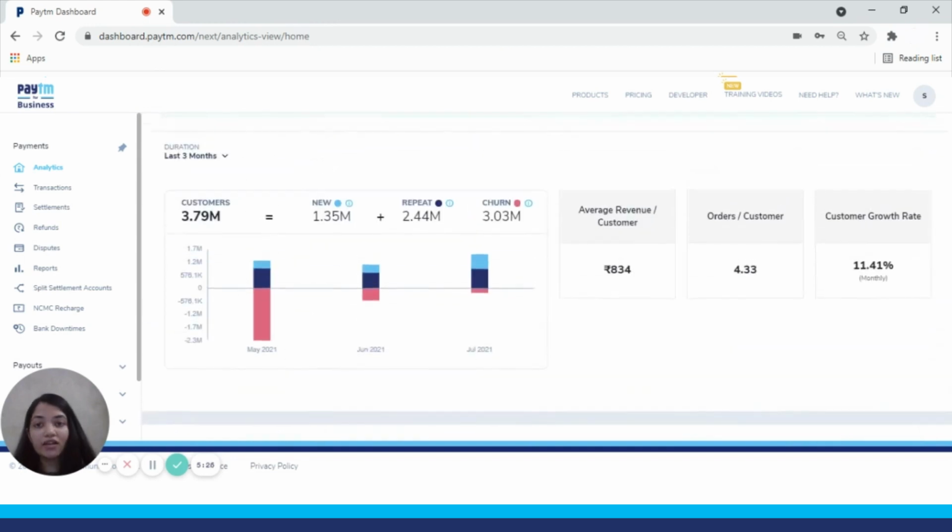Having said that, one of our features, which is a very interesting feature and is in the pipeline, is the download feature. So you will be able to download the cust IDs of your new, repeat, churn customers along with cust IDs of each segment, which comes under the RFM segmentation. So this is a demo for customer analytics.